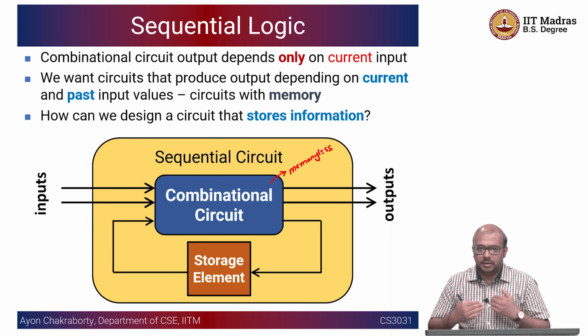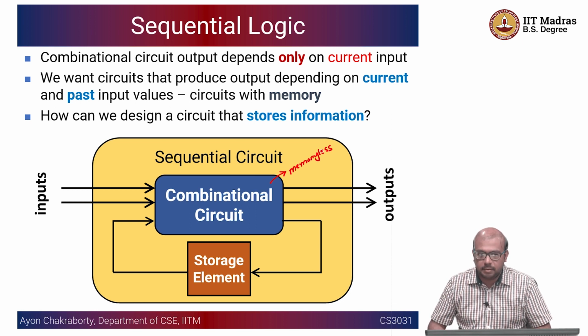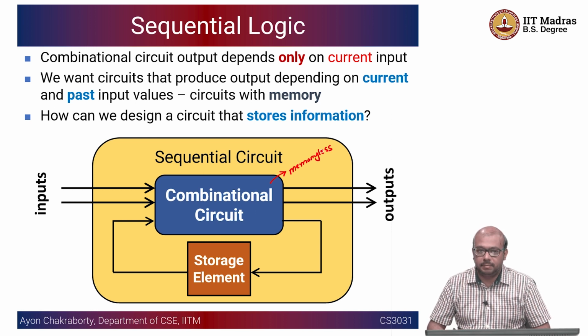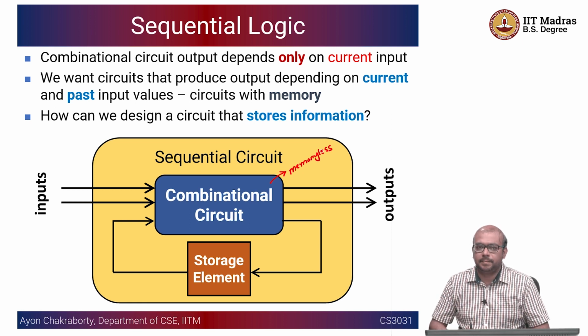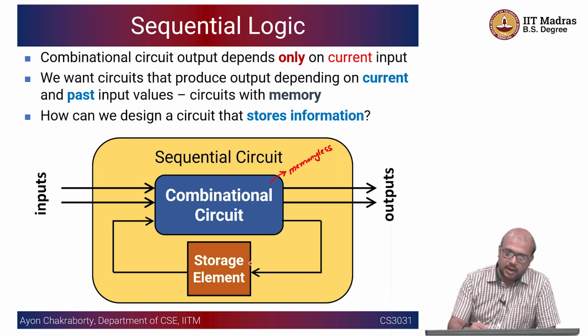If I am at time t0, I am giving some input to the circuit, I get an output at time t1, and again at time t2 I want to give a new set of inputs. I have to remember what happened at time t1 or what were the outputs at time t1. So we need a mechanism to integrate a way to store information in the circuit. It is intermediate information, maybe just the last state, but you have to find a way to do that. Just to make the slide complete, I want to write that this is a memory element, or memory that remembers